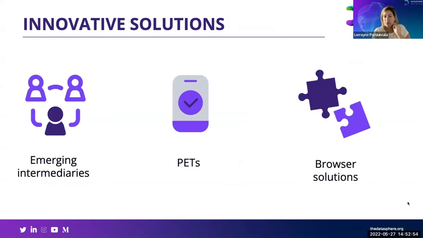So the report also looks into what kind of innovative solutions we could test in sandboxes. And of course, that's just a cut of what is possible to be experimented with, but we highlight at least 3 different strands of innovations. The first one is the notion of emerging intermediaries, and here in this bundle we include a lot of different things, right? So thinking about the role of different data fiduciaries that are emerging now, with different guises and services that are being offered as well: